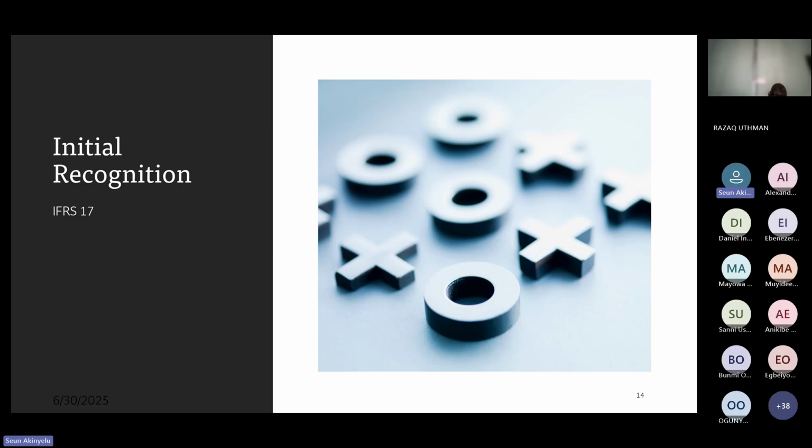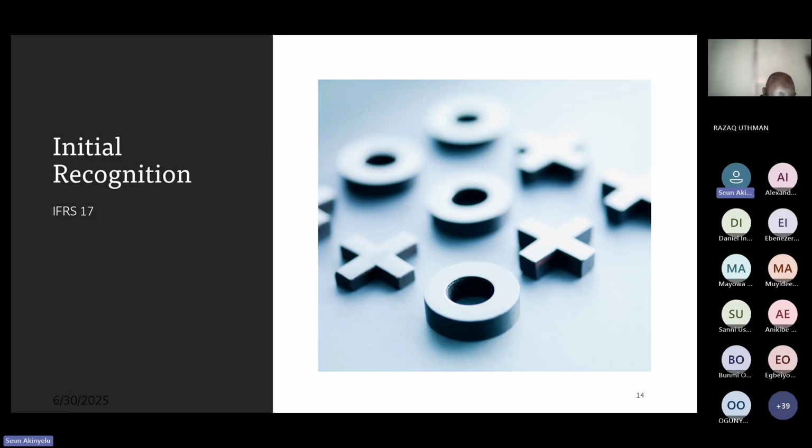Remember, I said portfolio level. After portfolio level, you group that portfolio into 3 major levels: the ones that are onerous at initial recognition, the ones that are subsequently never supposed to be onerous, meaning the normal ones, and then others, which are the ones that have other characteristics. So you have the ones that are onerous, the ones that are less profitable from the beginning, and the ones that are normally supposed to be profitable. You put them into the second classification. So that is the classification or the aggregation level that we are supposed to use.